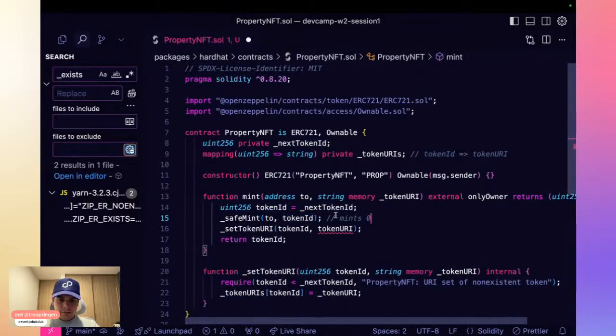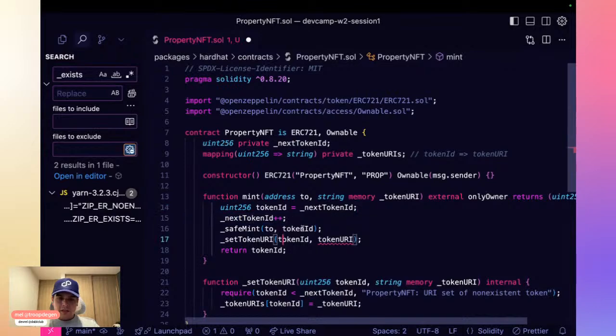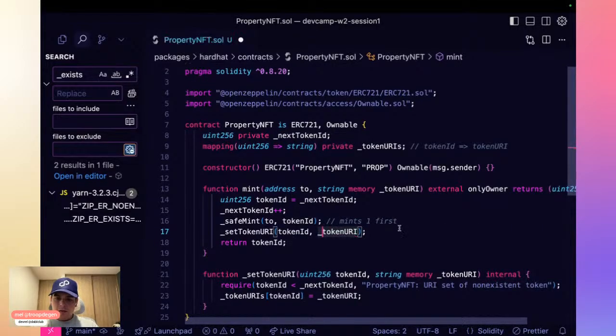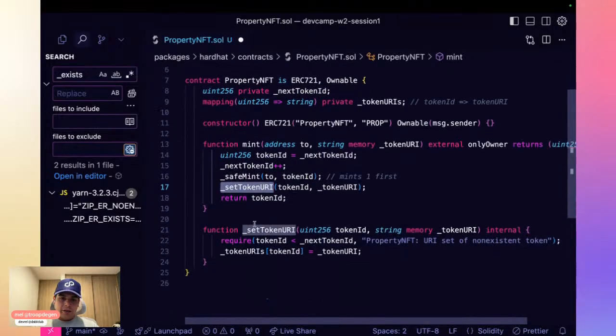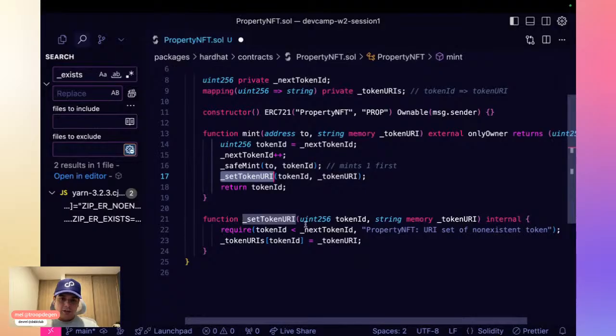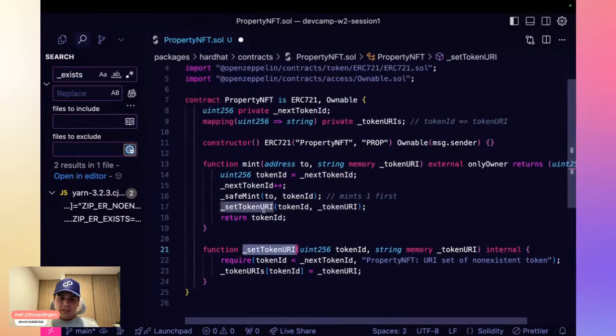Okay, so it's actually going to mint 1 first. First we assign it 0, then we increment it by 1, so the first token that we mint is the token with token ID 1. Then we update our token URI, calling this function, which is internal only, and we assign for token 1 the URI that the user is sending, and that's pretty much it.